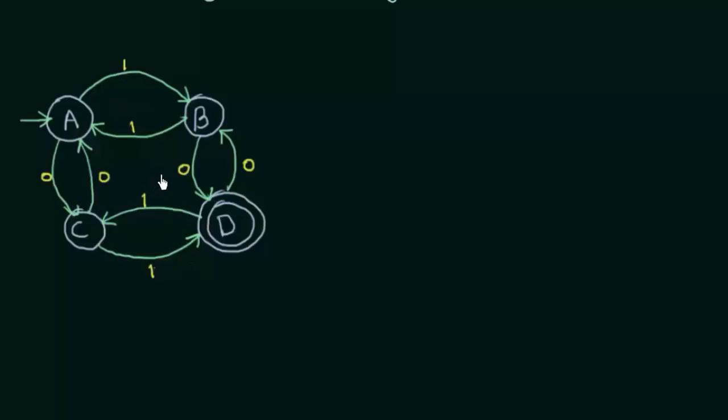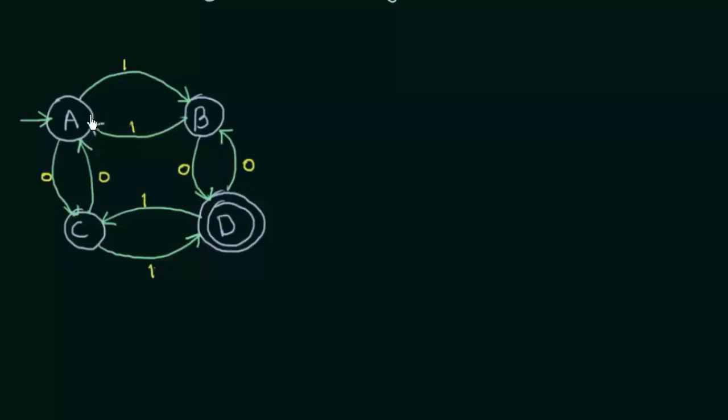First of all, the first thing that we need to know are states. These circles represented by A, B, C and D are known as states. Okay, A, B, C, D are states. And then we see some edges. One edge goes from A to B, another edge goes from B to A, and here we also see an edge going from A to C, and another from C to A, and here we see one going from C to D, and from D to C, B to D, D to B. So what are these? These edges are actually the transitions.